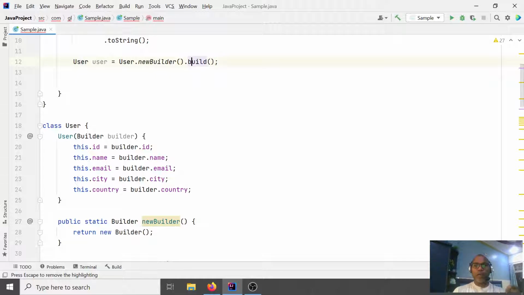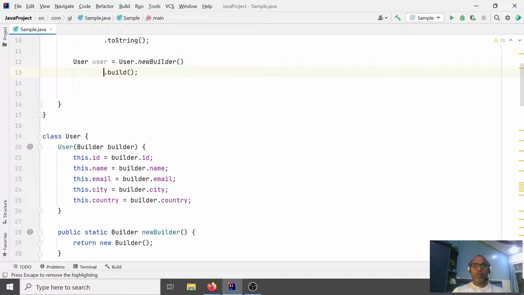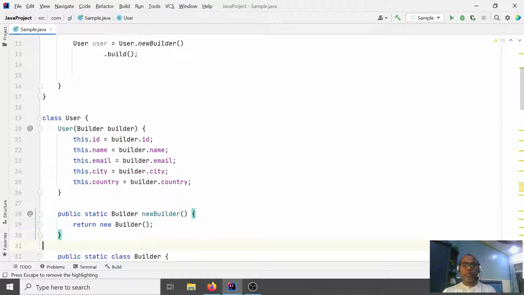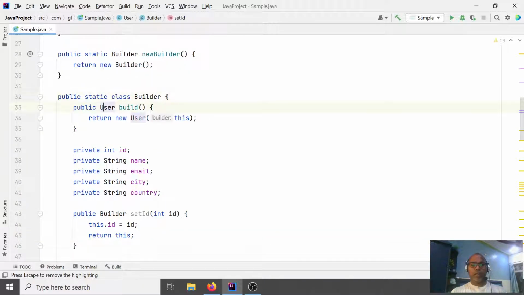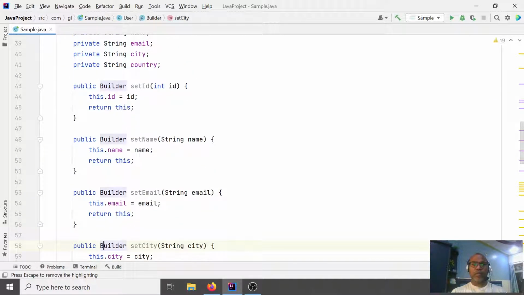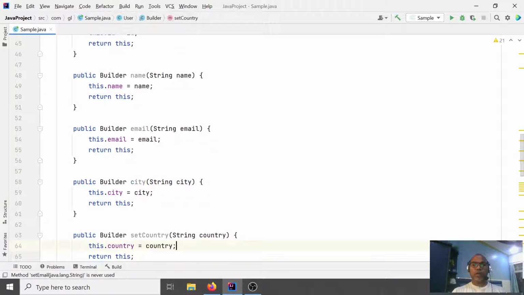And now here we have options. Generally the recommended way in the builder is, instead of writing set, simply write your field name, like id, whatever id you want to set, whatever name you want to set, whatever email you want to set. Instead of set, you directly use your actual field name that you want to add.